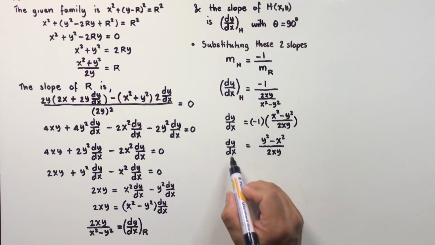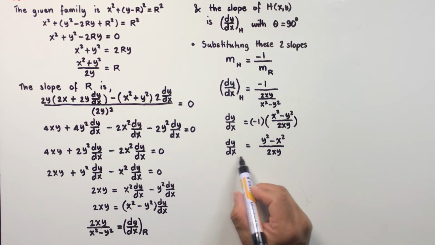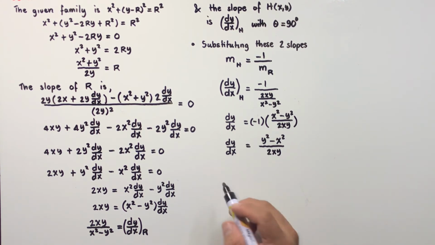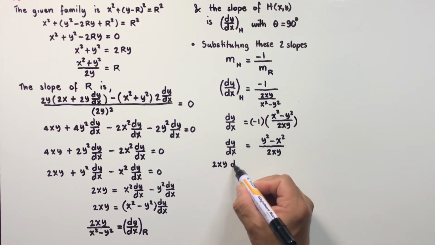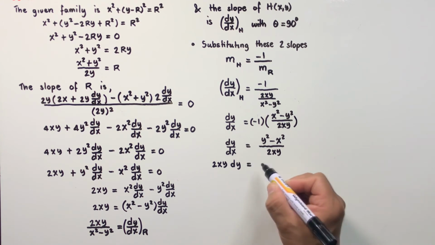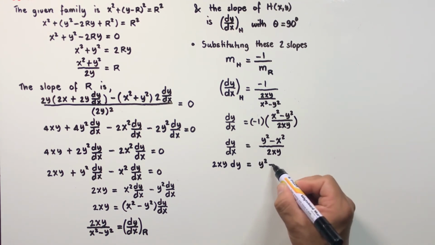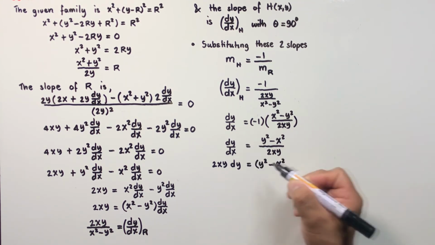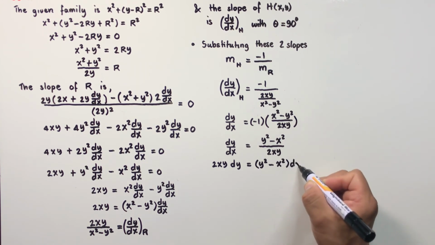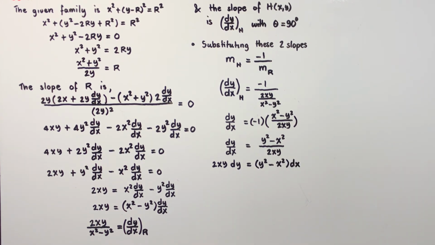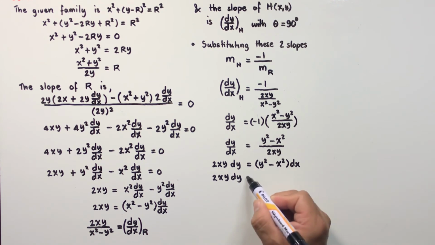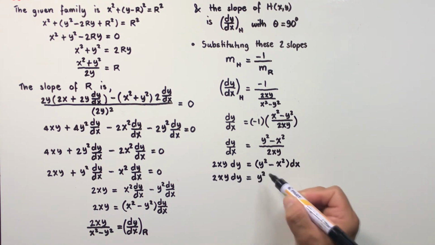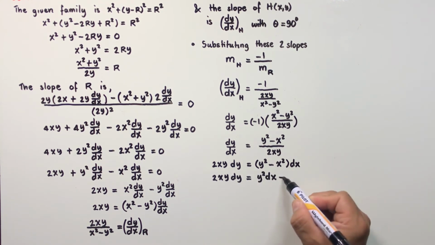And multiplying both sides of the equation by the LCD of these two denominators, we have 2xy dy, and at the right we have here y squared minus x squared quantity multiplied by dx. And distributing this dx to this binomial, we have 2xy dy, which is equal to y squared dx minus x